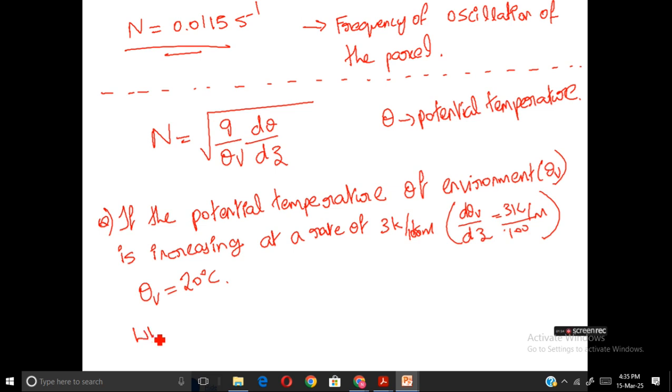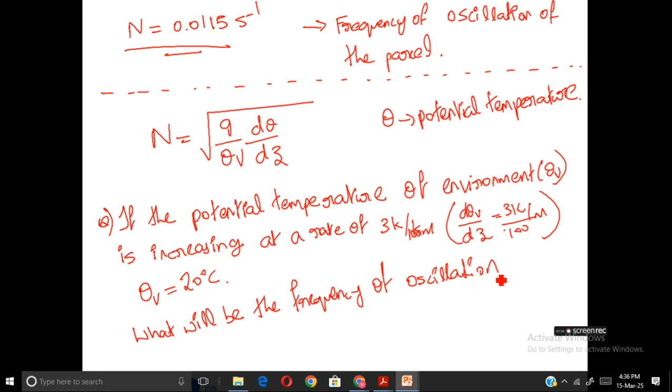So what will be the frequency, what will be the frequency of oscillation of the parcel, frequency of oscillation of the parcel, then